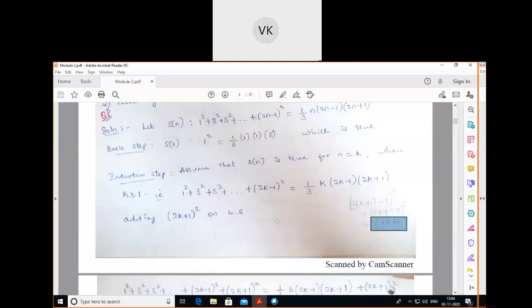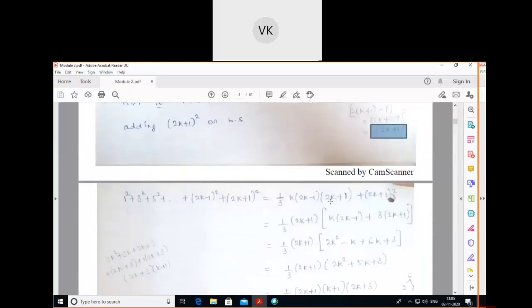Simply don't add k plus 1 directly. In the previous example it was directly there, but now the thing is different here. How to add here? 2k minus 1 is there, in place of k you add k plus 1 and simplify this one. After simplification, the same has to be added at the RHS to balance the equation. So we need to add the k plus 1 whole square to the RHS and the LHS to balance the equation. Yes, here you see.